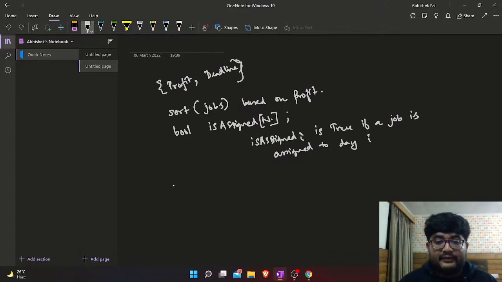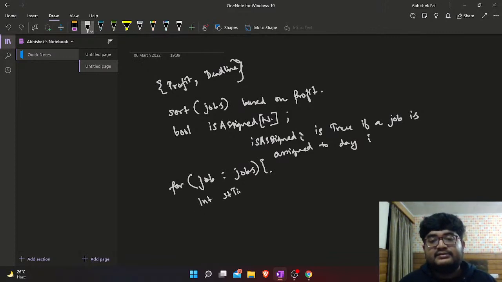So what we can do now is, we have sorted the jobs with respect to their profit in decreasing order. So we'll loop over all the jobs that are available with us. Now we will start with the deadline. The start time for us is job.deadline, the deadline for the job, and we will continue as long as we find a day that is not assigned, right? So while not isAssigned,